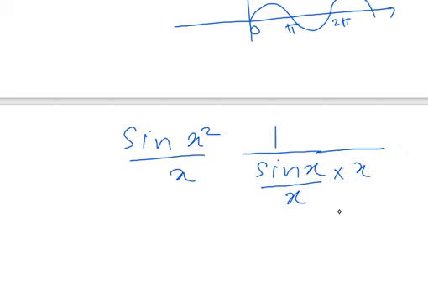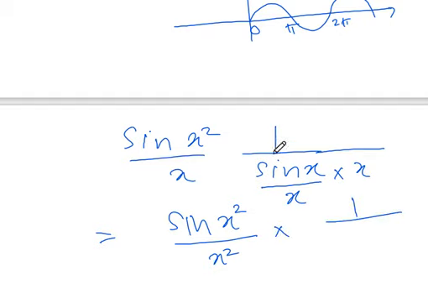You did nothing because this x goes with that x. So you can rearrange your function in this way, and you can consider these two x together. When you consider these two x's together, you get sine x squared over x squared, and here you have 1 over this thing here,